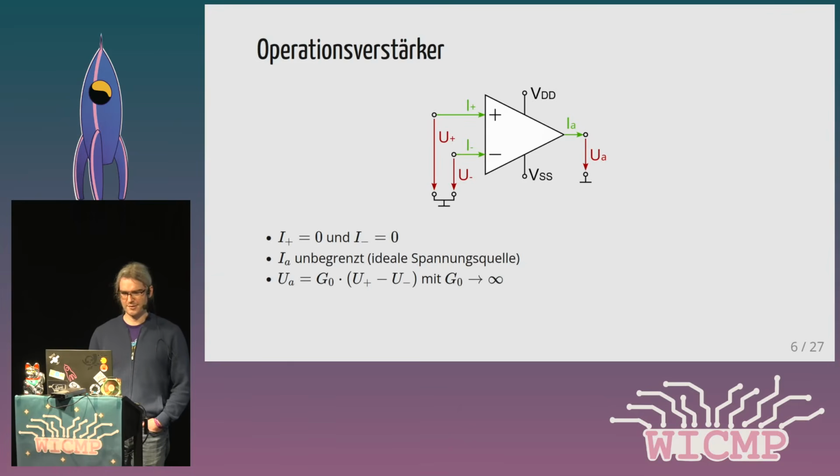And the third condition is that the output is a multiple of the difference of the inputs, and the output goes to infinity with the factor going to infinity. So this sounds a little bit abstract,